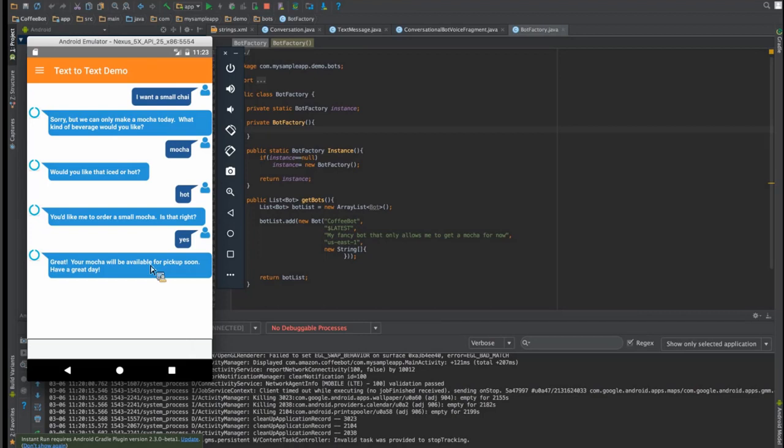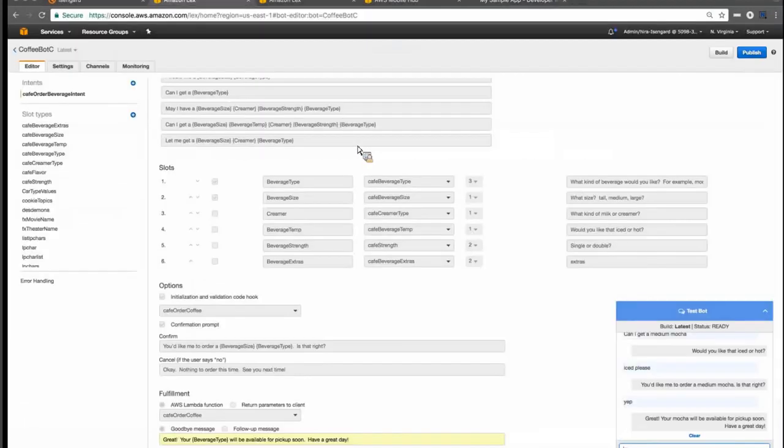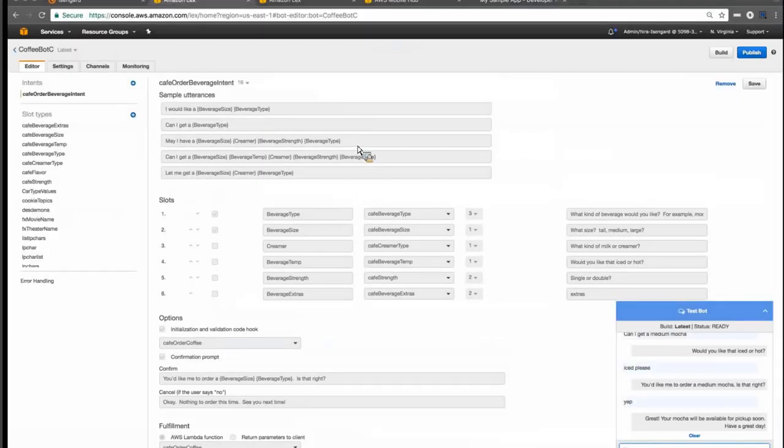So as a developer, let's go back to where I started. I was able to use the Lex console to create a simple intent, provide some utterances, some slot types and slot values, integrated with some Lambda, and you can use the blueprints in the Amazon Lex console to see great examples of how that Lambda could be used for your applications. You could then test it right within the test console.